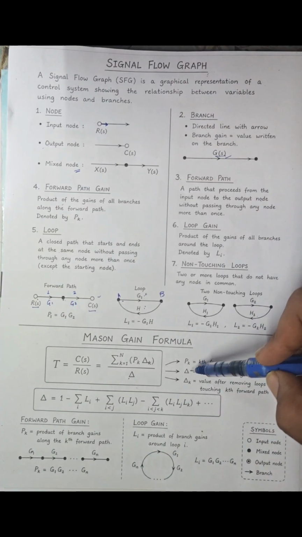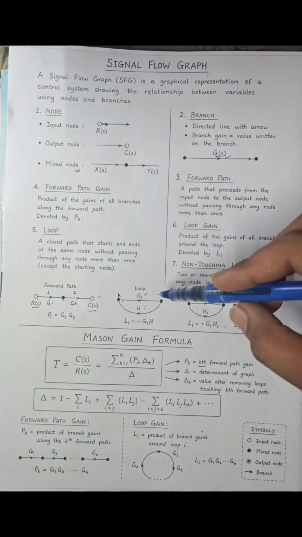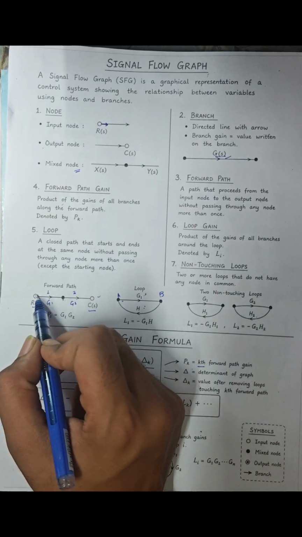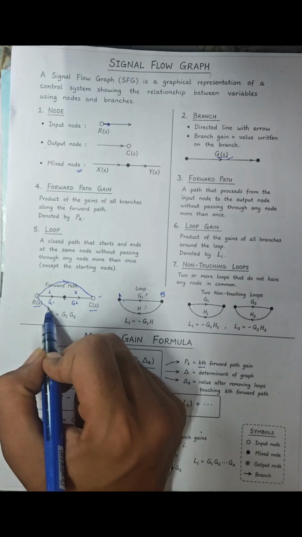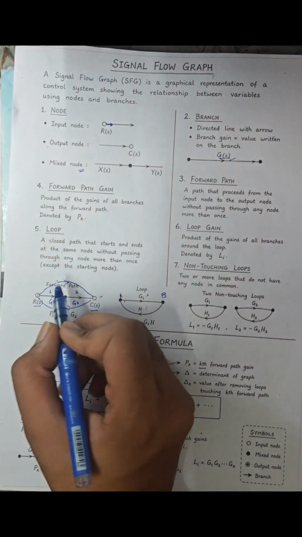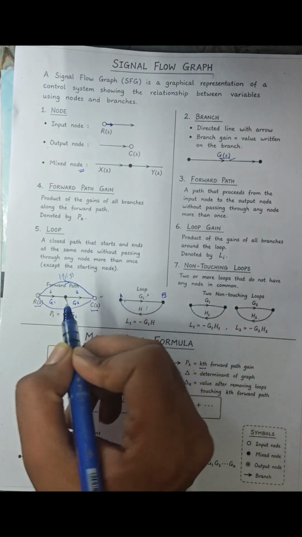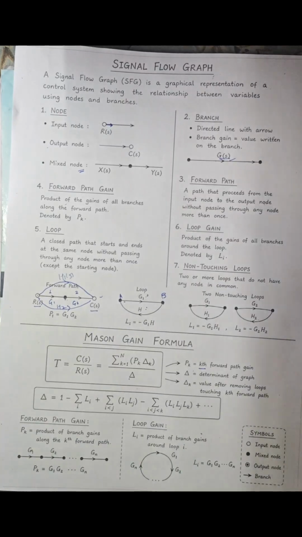As for Pk, we all know it is the forward path gain. There can be many forward paths reaching the CS. The forward path can be RS to CS. There can be a forward path which is direct like this, and another forward path which is direct like this. So there can be many forward paths, and the gain can be different as well. Here can be H1, here the gain can be H2. So gain can be different as well.